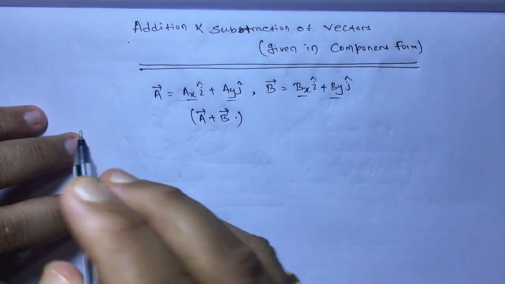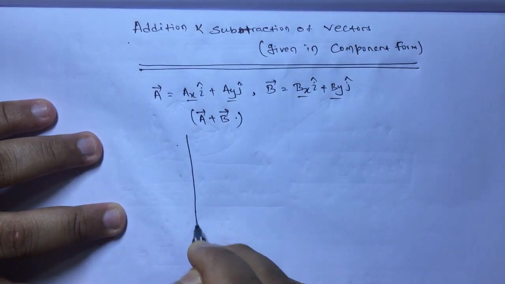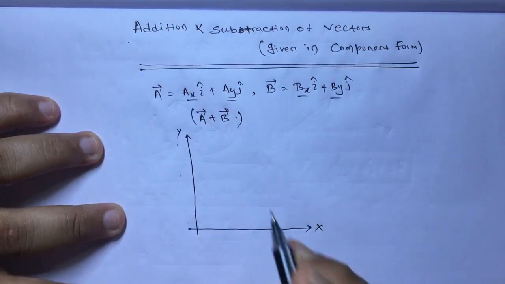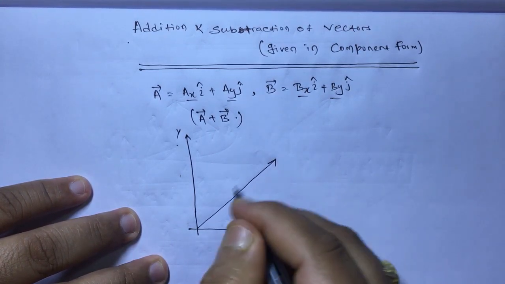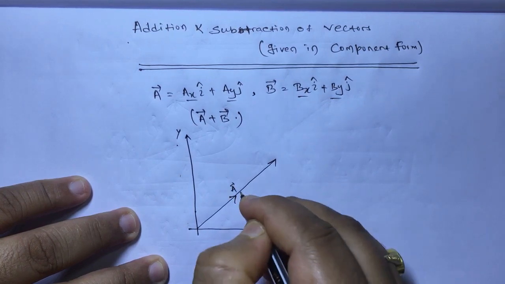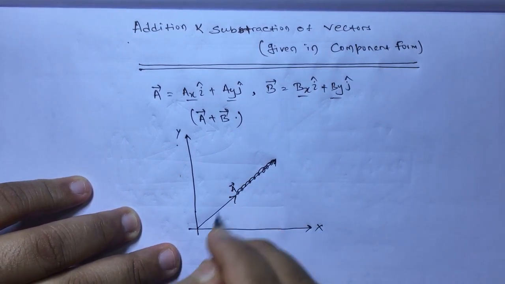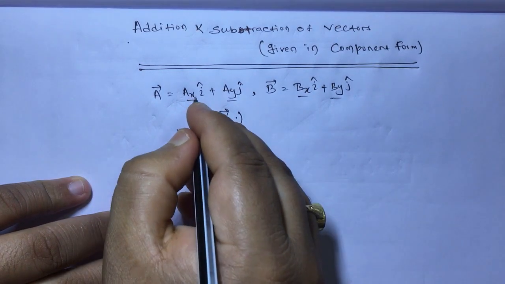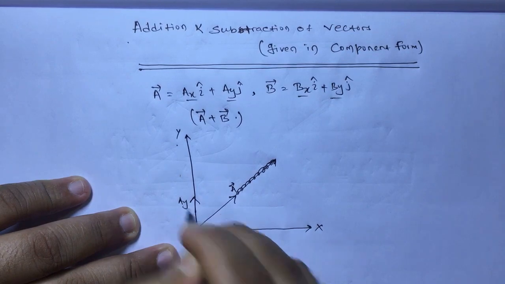Okay. So, how to do? Let us first understand. The concept is very simple, but let us understand where that concept came from. Let this be the x axis and y axis. Let us first draw this A vector. Okay. So, if this is your A vector, let us draw a small vector. Now, if it is a vector, then it will have two components, one along this axis and one along this axis. Along x axis it is ax, and along y axis the component is ay.